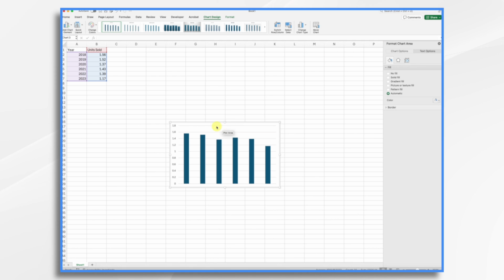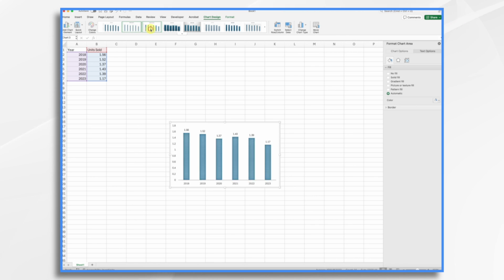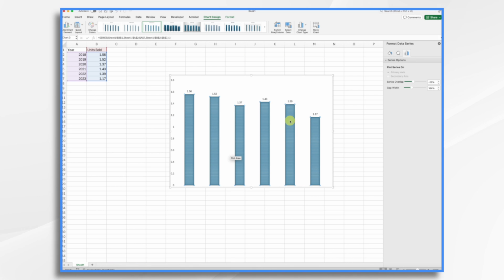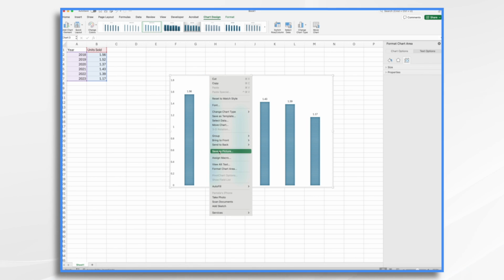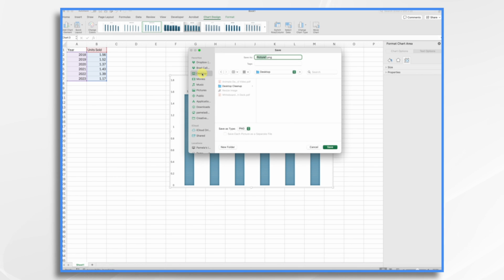I don't want these lines in the background though, because I'm gonna do something and I don't want those lines showing. So let's look up here and see if any of these suggestions don't have them. This one, and that's fine. This is the one I'm gonna use. Make whatever other changes you want to make, and then let's go ahead and save the chart. Right click, choose Save as Picture, and I'm just going to put it on my desktop, and we'll call it